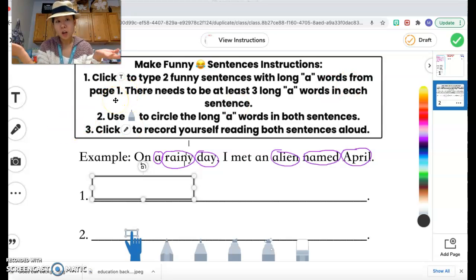You can also use other long A words you know. It doesn't have to be the words from page 1. There needs to be at least 3 long A words in each sentence. So make sure that there are at least 3 long A words. You can use words from page 1, or you can use words you know. So, for example, here, there's an example that says, on a rainy day, I met an alien named April. Right? So after you type a sentence,